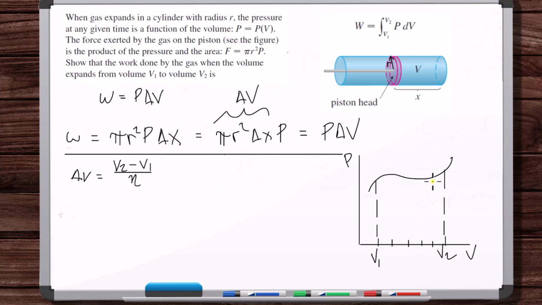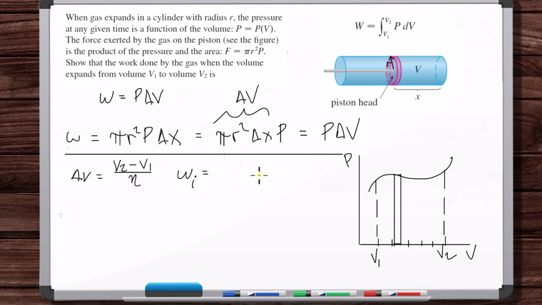Let me use this one here. We're going to assume a constant pressure. You can see there's a little bit of error there, right? It's because it's not necessarily constant. For that delta V, we're going to assume a constant pressure. And therefore, the work done for that delta V, for the ith delta V, where I goes from 1 to whatever n is,